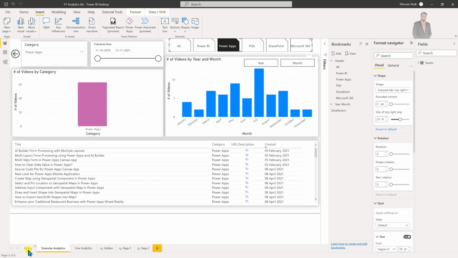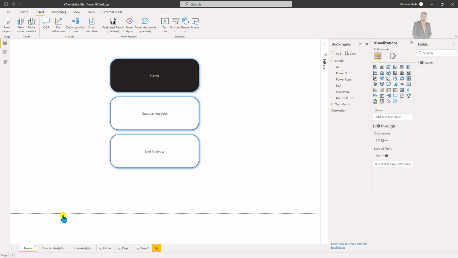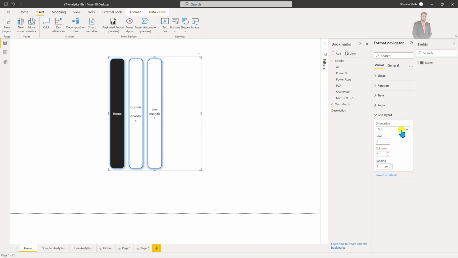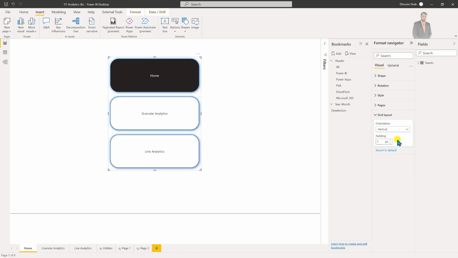Hope you love both of these two features. Now let me just recap everything that we have covered throughout this video. First of all, we started with the page navigator, and we added one type of page navigator from here, and over here we checked the different grid layouts like grid, horizontal, vertical, and after that we moved towards the bookmark navigator, where we created two types of bookmark.